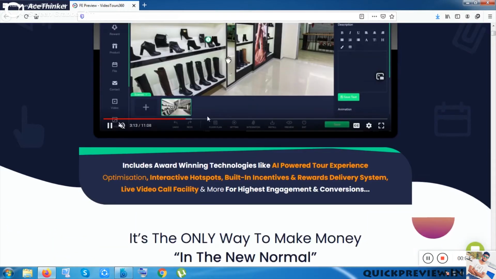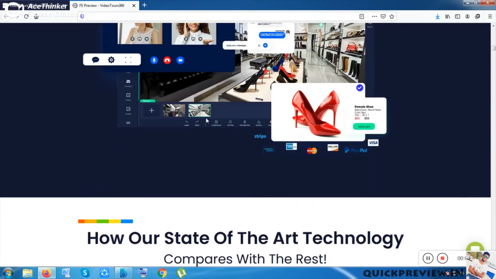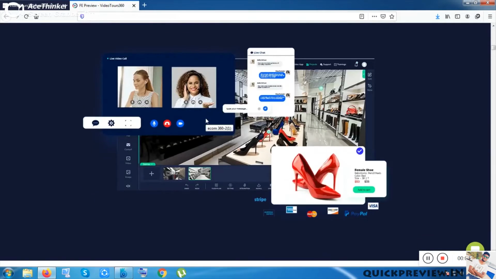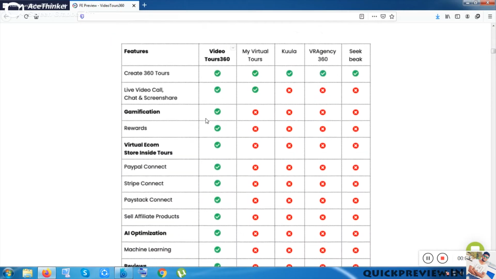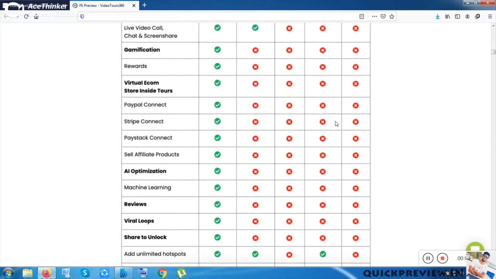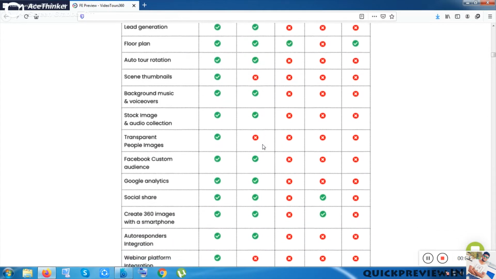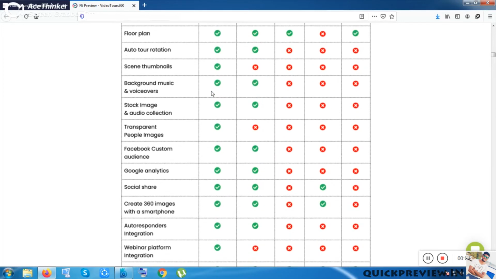This product is pretty cheap, and I will show you the price and the ratings of the product. I have given the ratings after seeing the demo video. This product has so many features and facilities you will not get in other products. There are many products outside in the market, but they are not giving these kinds of facilities. As you can see, it is giving so many facilities.